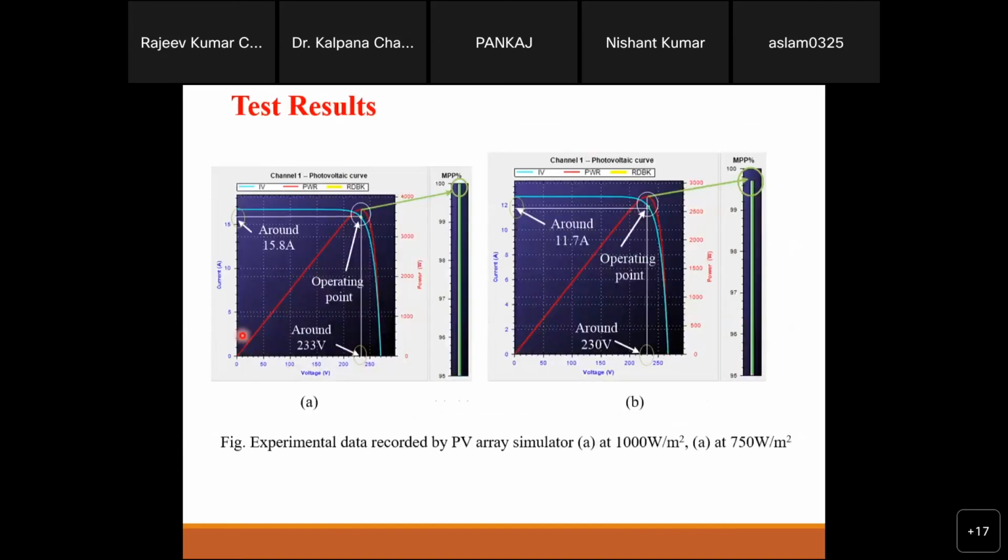Okay, so this is your grid current, and this is the THD of the load current. Also test in the solar radiance change conditions. This is for your 1000 solar radiance, and this one is for the 750 watt solar radiance. In both conditions you will see MPPT is very close. Definitely the power has decreased, but for example here the optimal power is around 3500, and this is around 2600. In both the conditions, on the red side, this is your power, and this green one is for the optimal one. So this is close to 100%.